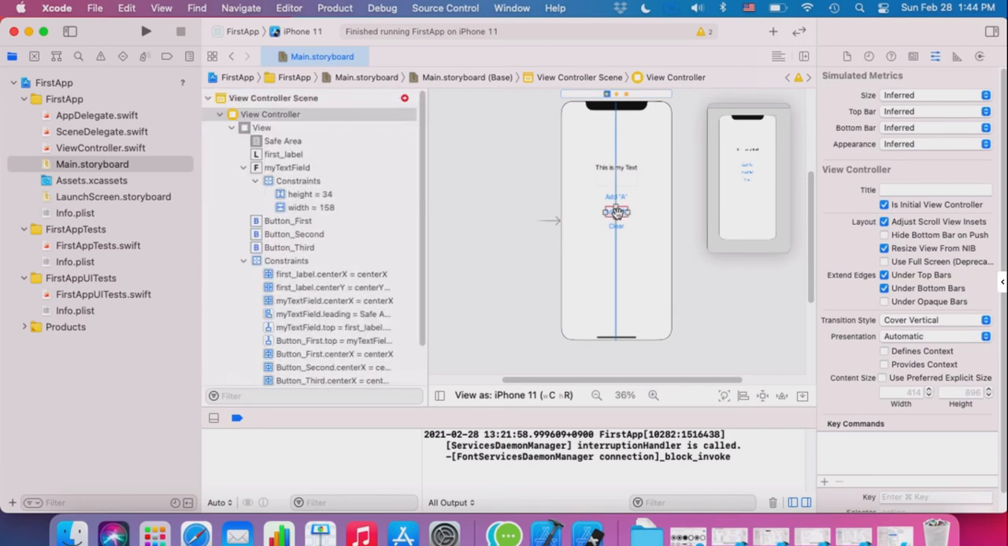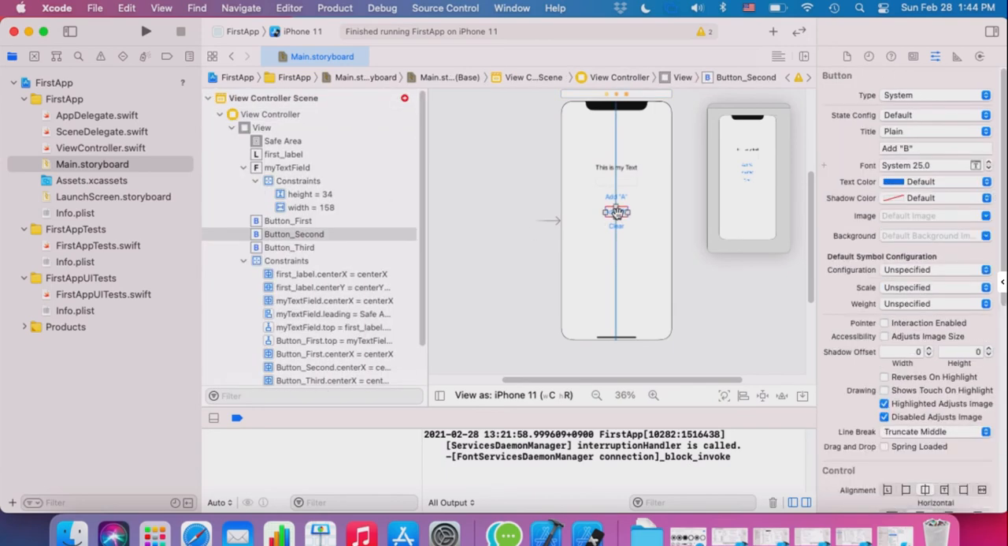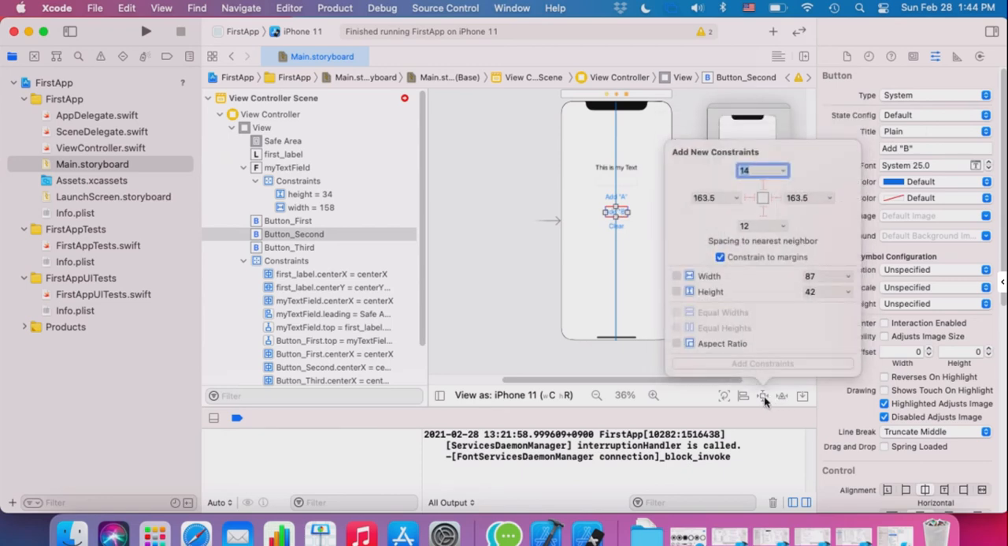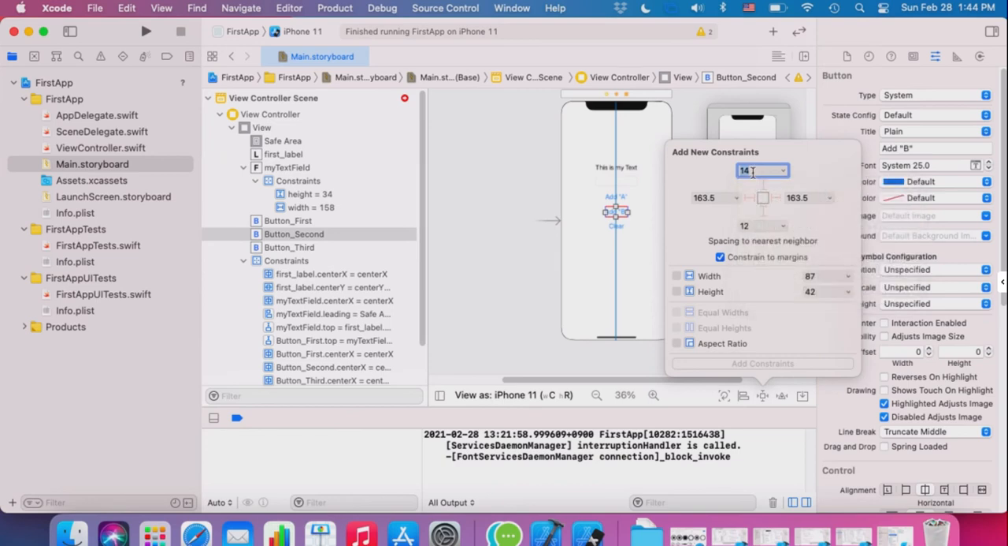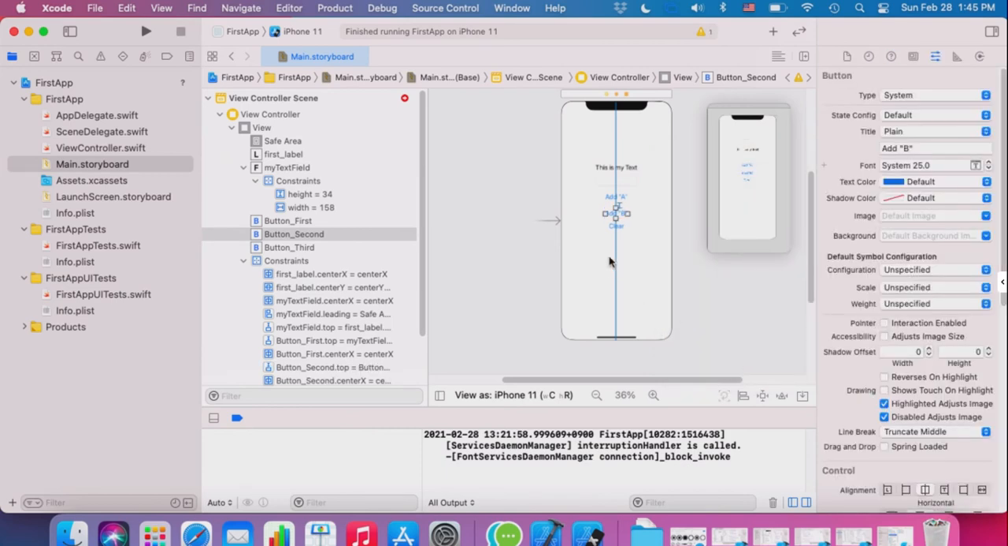Okay, so that's why I go back to the second button, add B, and do the same. Click here, add constraint, make sure that, see now, our button B will be next to the first button, the button add A, and the current distance is 14. So instead, let's add 20, and right here we can see there is one extra constraint, add this constraint, and